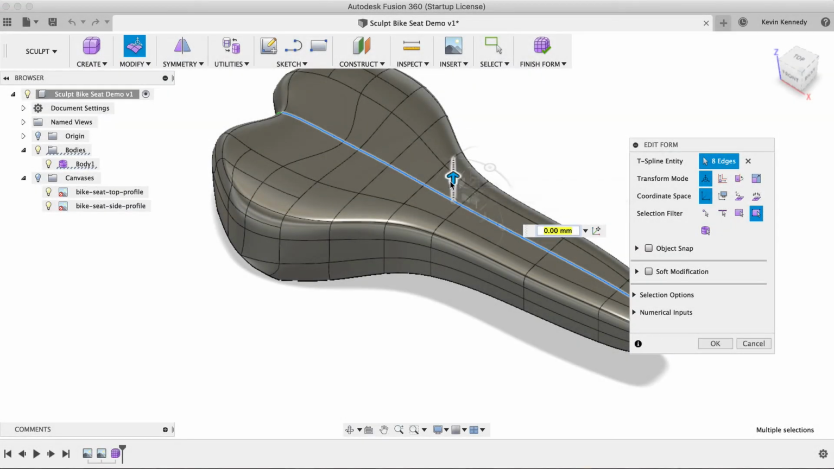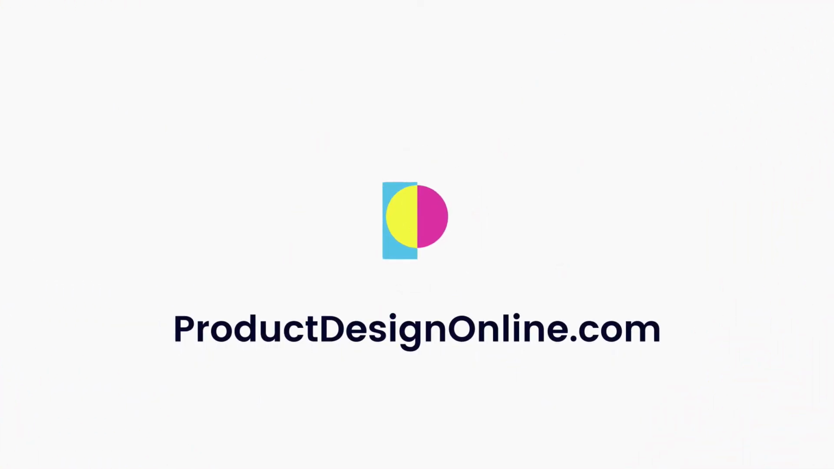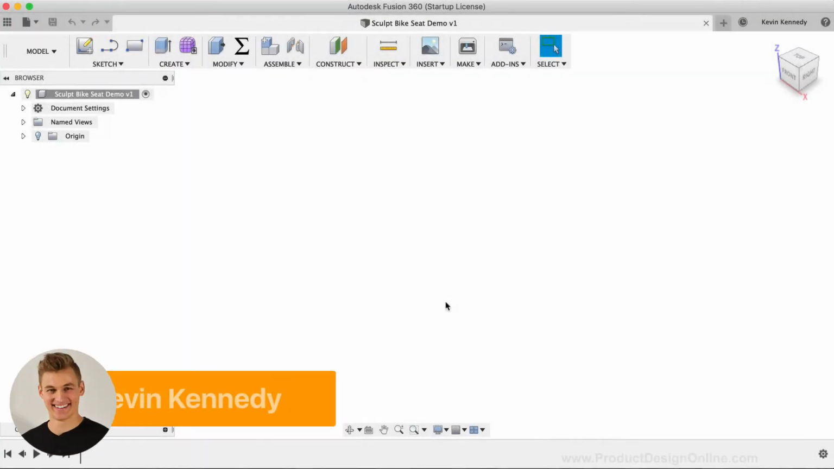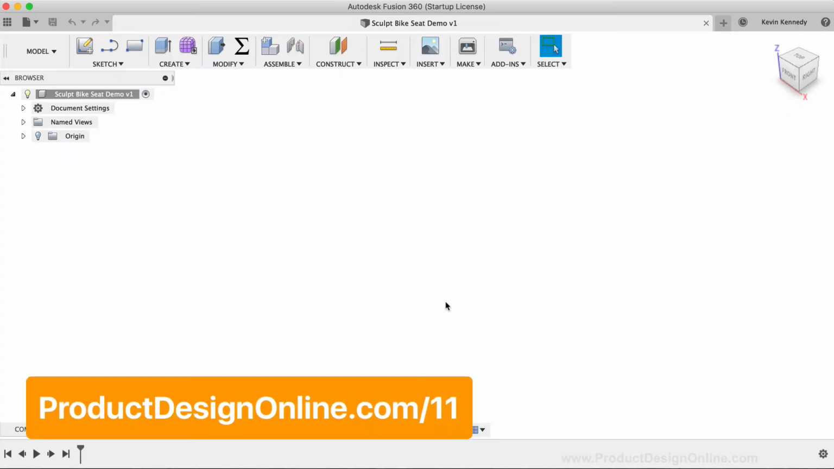By the end of this video, you'll know how to sculpt a bike seat in Fusion 360's Sculpt environment. To start, we'll want to insert two reference images of a bike seat, which will help us define the overall shape. You can download the reference images at